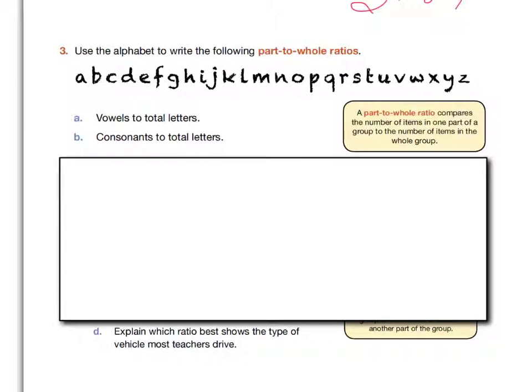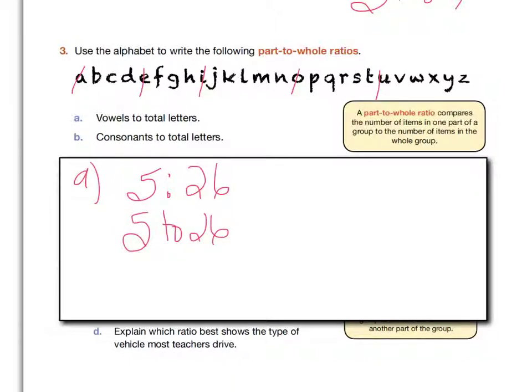All right, so let's take a look. Vowels, we have 1, 2, 3, 4, 5. So we would have 5 to a total of 26 letters in the alphabet. Could also, of course, be written 5 to 26. This is a part to whole ratio, so it could also be written 5 over 26. Remember, if you can show it more than one way, that's a great extra, so showing it all 3 ways